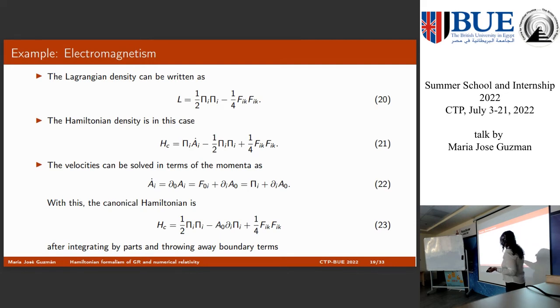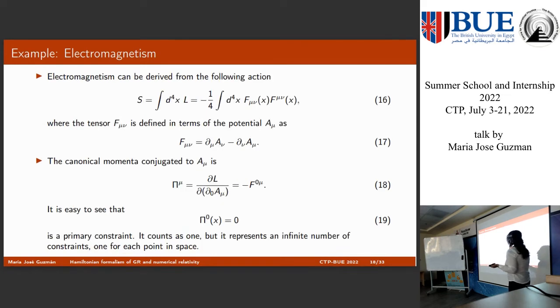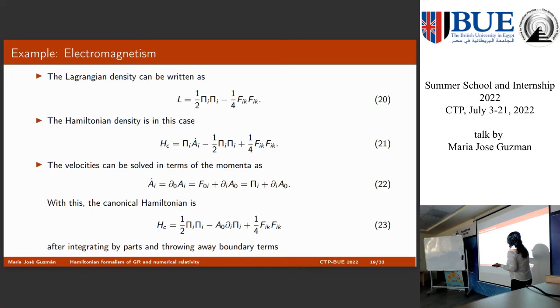And here I can solve all the velocities, because in electromagnetism the only primary constraint is this one. And then I remove it from the definition, and I can solve all the velocities. And I can write the canonical Hamiltonian,